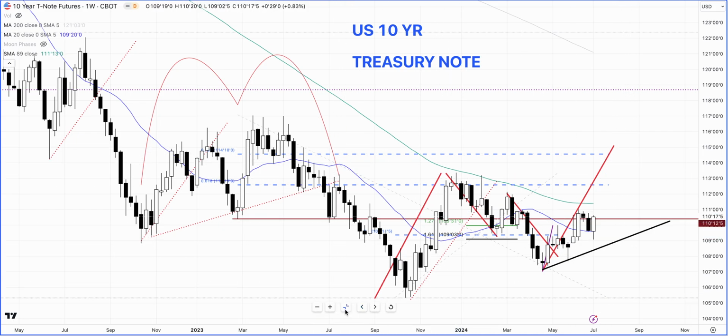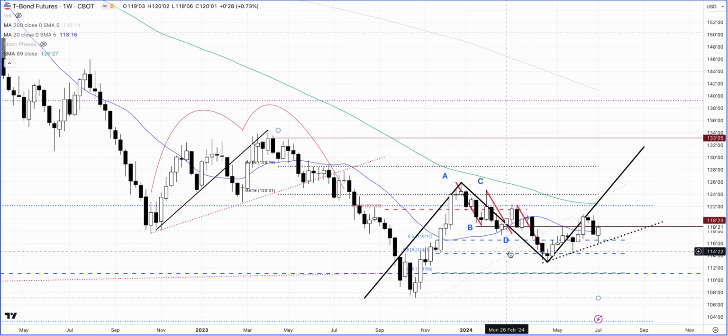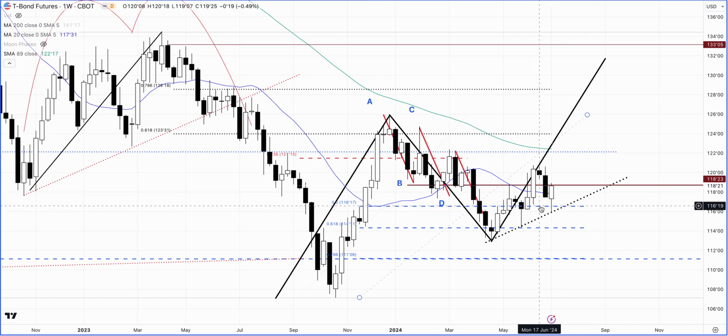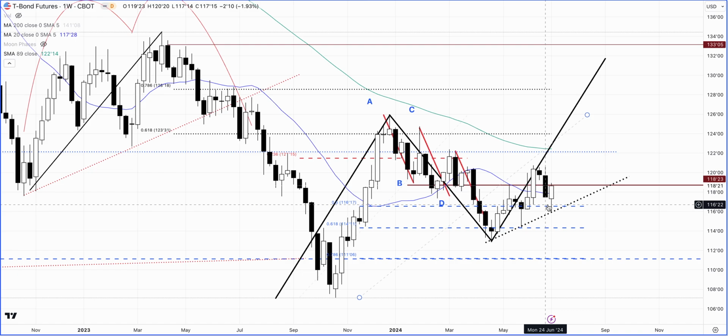All right, now let's take a look at the 30-year Treasury note. So, 30-year Treasury note, there we go. We had actually seen, not the last week, but the week before, a fair amount of selling pressure coming into this market. And on the daily chart, we were looking at whether it was just going to sustain or whether we're going to see follow through, i.e. more selling. And we did not see more selling. So actually, this week has negated the move of the previous week to the last week, which was the 24th of June week.